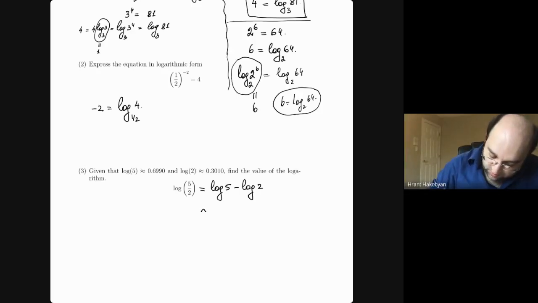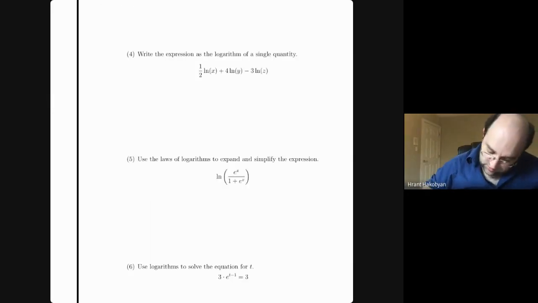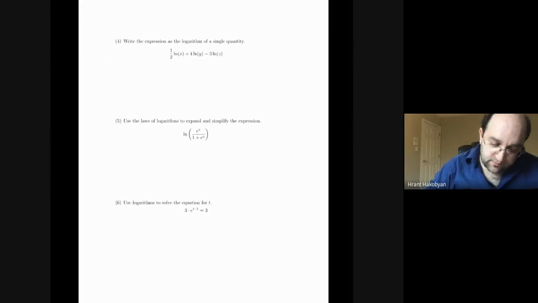So that means this is approximately equal to 0.6990 minus 0.3010. So it means that it's approximately 0.398. Okay, oops, sorry about that. Okay, so next example is